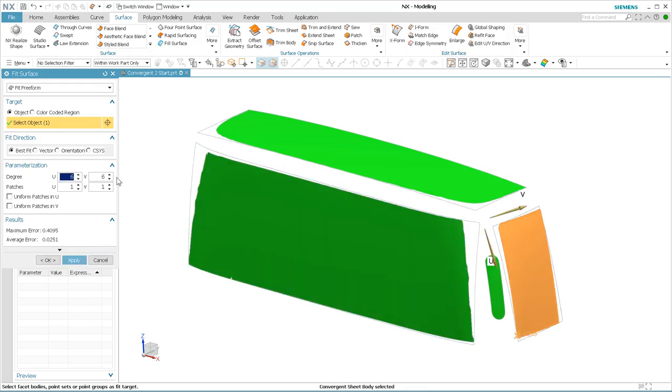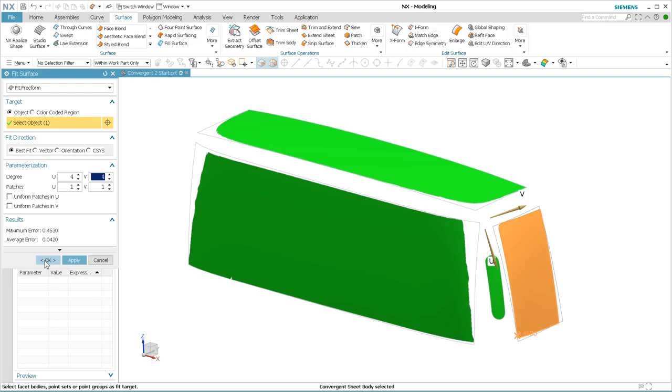Do the same thing with this rear panel. This is pretty close. And once again, I want to try to use the simplest surface with a minimum amount of error. In this case, the error is almost a mil away. So I'll just turn this up a little bit and get it a little closer to less than half a mil